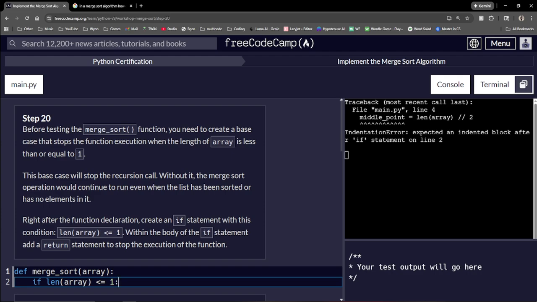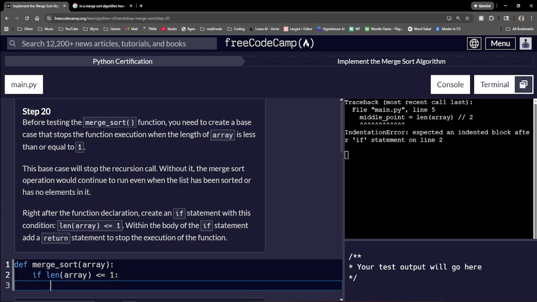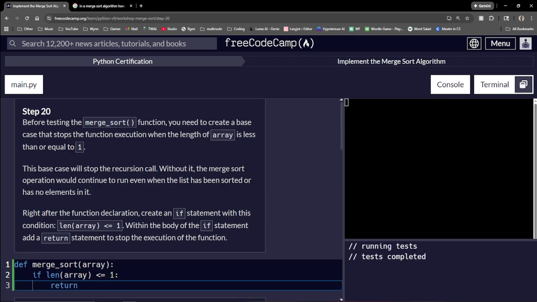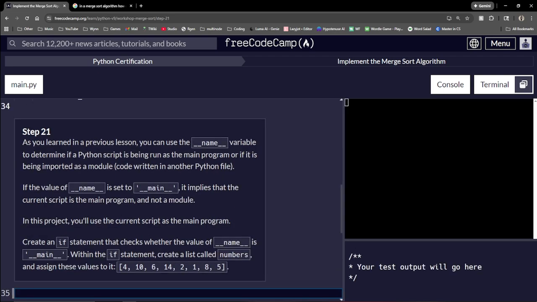After the function declaration, create an if statement condition. Within the body of the if statement, add a return. As you learned in the previous lesson, you can use the name variable to determine if a Python script is being run as the main program or being imported as a module. If name equals